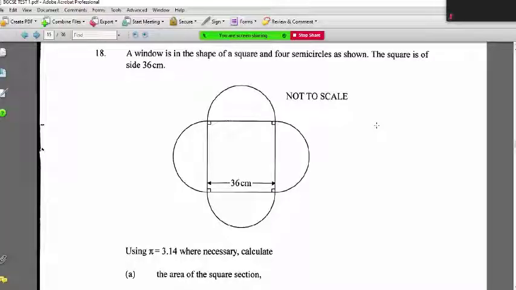We know the area of a full circle is pi r squared, pi times radius squared. A half circle is going to be pi r squared divided by 2, because what we have here is a half of a circle, a semicircle. So pi r squared divided by 2 is the area of this half, but I have 4 of these. So if I multiply that by 4, I will get the total.